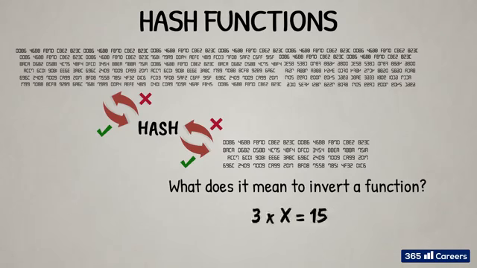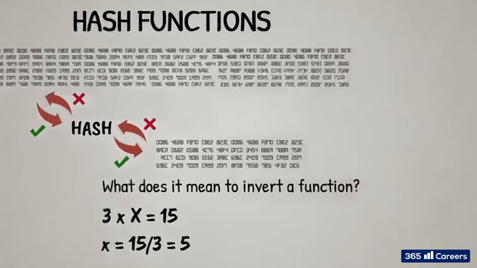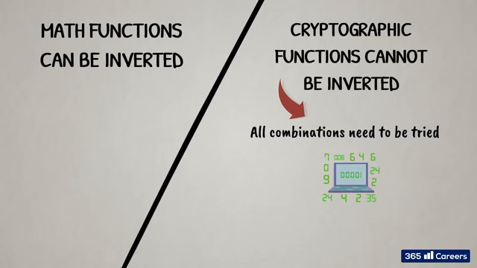We can always construct equations with these functions to find any unknown variable. For example, 3 times x equals 15. x equals 15 divided by 3 equals 5. Many mathematical functions can be inverted in a similar way. However, this is not the case with cryptographic hash functions. The only feasible way an unknown random variable can be found in a cryptographic function's input data set is by trying different values for the unknown one by one, given all the known parameters, in order to find out what works. This is basically a brute